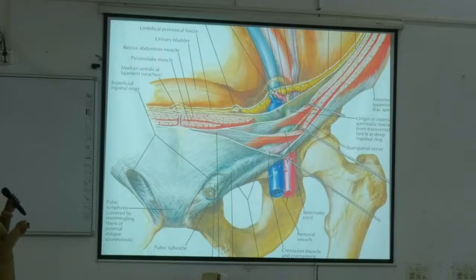containing the fat. See, this is the spermatic cord and its structures have been shown here, and the ilioinguinal nerve. And the ilioinguinal nerve, you remember, does not pass through the deep inguinal ring. It will pierce the roof of the canal to enter the canal and then come out through the superficial inguinal ring. This point is very, very important. It does not pass through the deep inguinal ring, it pierces the roof, enters the canal, and comes out through the superficial inguinal ring. Okay. Next,